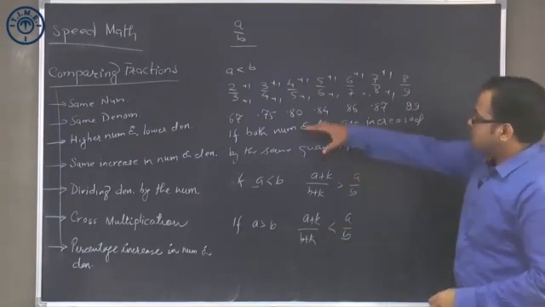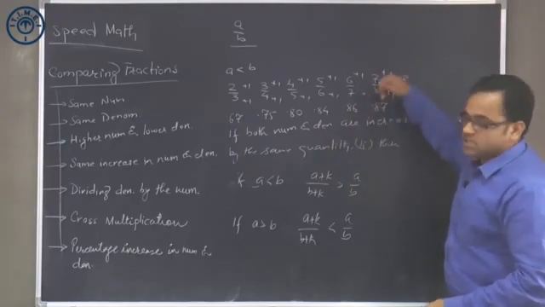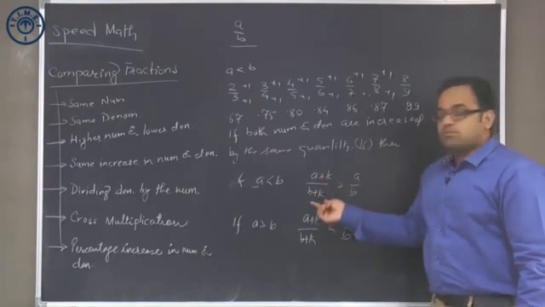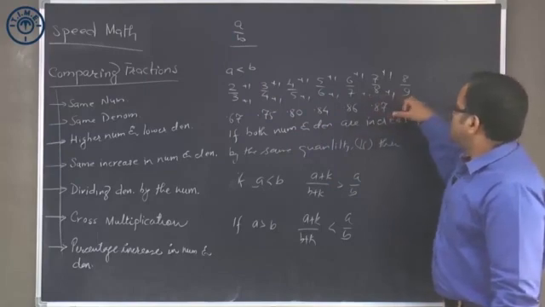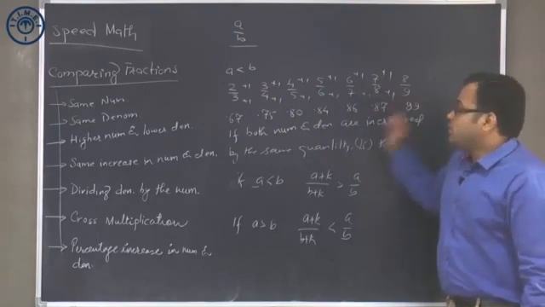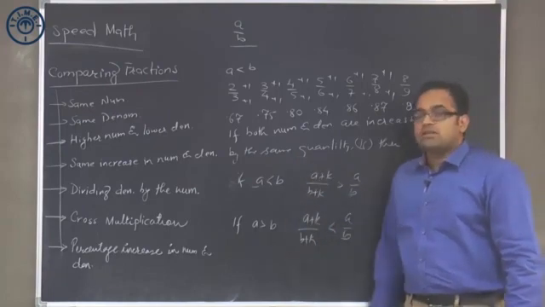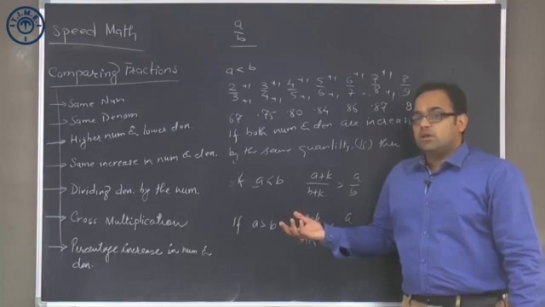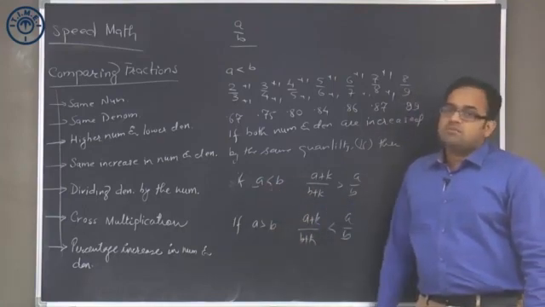So here, because a is less than b, as it increases the value will tend towards 1. Therefore a plus k upon b plus k is greater than a upon b. So in this whole sequence, the greatest number is 8 upon 9. 8 upon 9 will have the highest value. On the other hand, if I was looking at the reverse of this case, where the numbers were initially greater than 1, then the last number would have been the least and the first number would have been the highest.